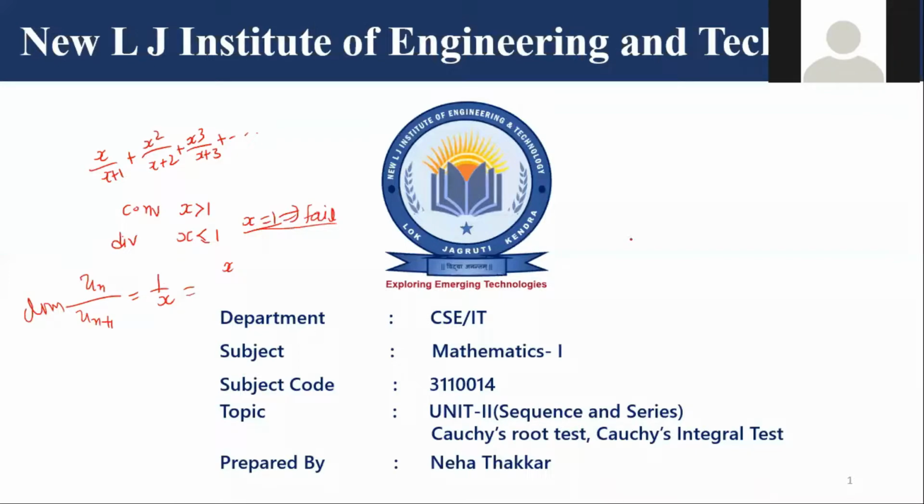Ma'am, I did the whole un and vn thing. I took vn equals 1 by 1 plus n. That means you have applied the comparison test, fine? Yes, comparison test. Very good. So in that way you can solve that example, right? So today a new topic that we are going to start is the Cauchy root test and the integral test, right?